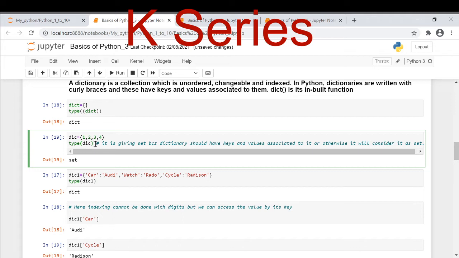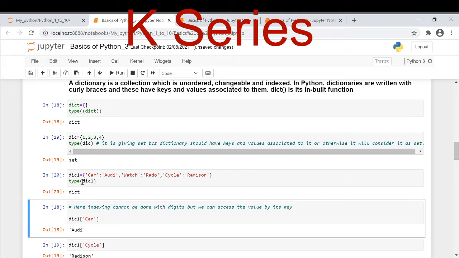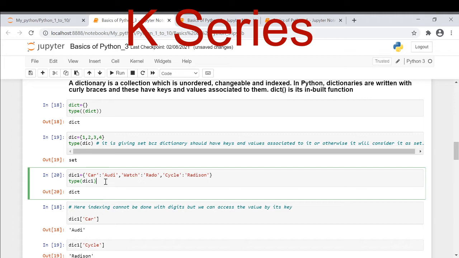Now if I want to describe my dictionary, see here in my next example I have taken dic1, and in this dic1 I have taken the key, and corresponding to this key I have given the value, and corresponding to the next key again I have given the value. See here, when I execute it, I am using the type function again. Now it is giving me dict output. Why is it giving me dict output? Because now it is considering it as a dictionary data structure. Is it clear? Now moving on further, see here.